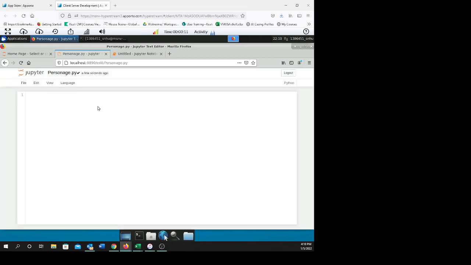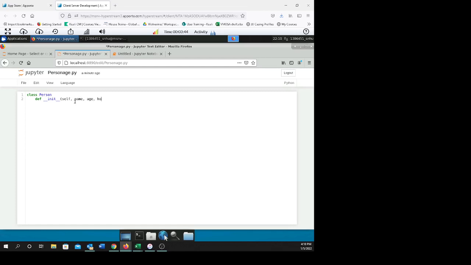Now we have a bona fide Python file, and you'll get the color highlighting when you define Python. For example, class was in green, person in blue, and we're going to use the constructor, which is init, and we're going to say self, which is the name of the object,